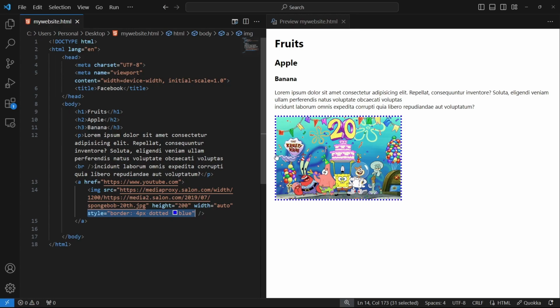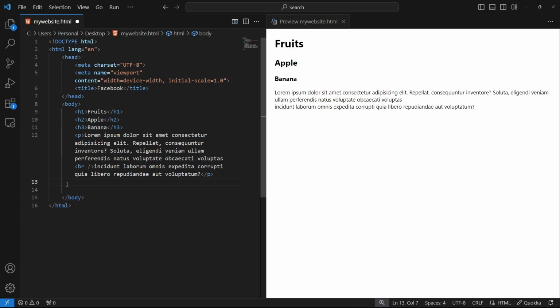As you can see, we had the border, and it is of type dotted and 4 pixels, and it is blue. So let's just remove the anchor tag with an image inside of it, and let's try to add some div.